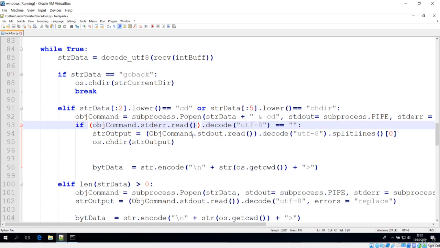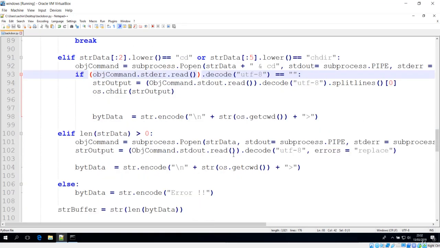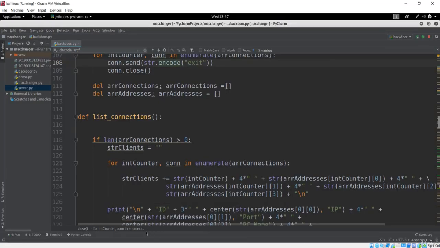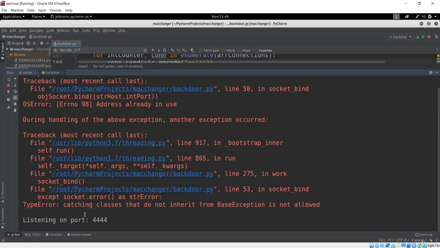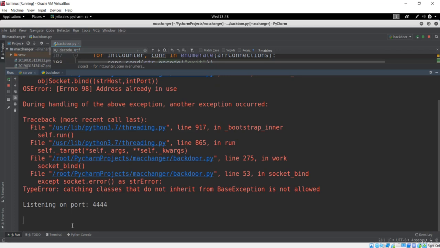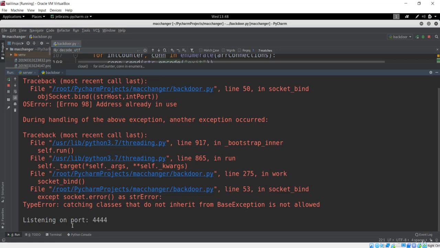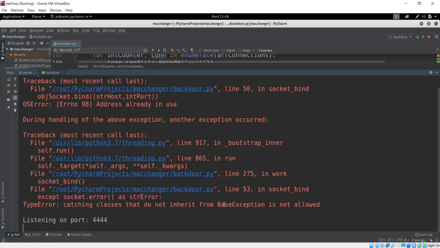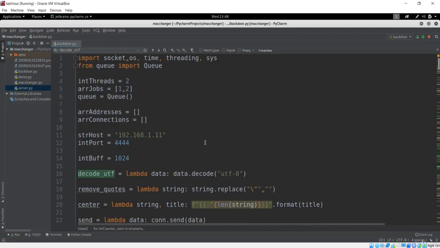Now let's save this, and let's see here too, we have decoded right here. Okay, this should be fine. So let's run it one more time. Let's go over here again, let's run it. Okay, it is working now. Let's see if we have any connections or if we get any error. So it is only listening to the port. Okay, so that means we are getting some error. Maybe this was the error that we got because of these connections.